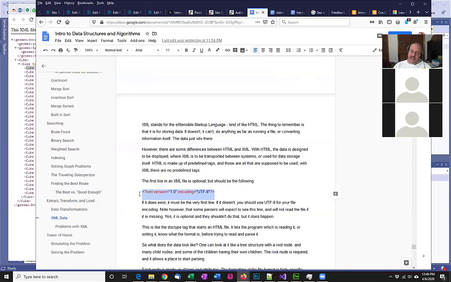Now, like I said, it is by this specification technically optional. However, big however, sometimes the file parser that you're using or that an end client is using will want to see it. So I generally recommend including it just to be safe. That's a big thing. Your encoding does not have to be UTF-8. UTF-8 is standard